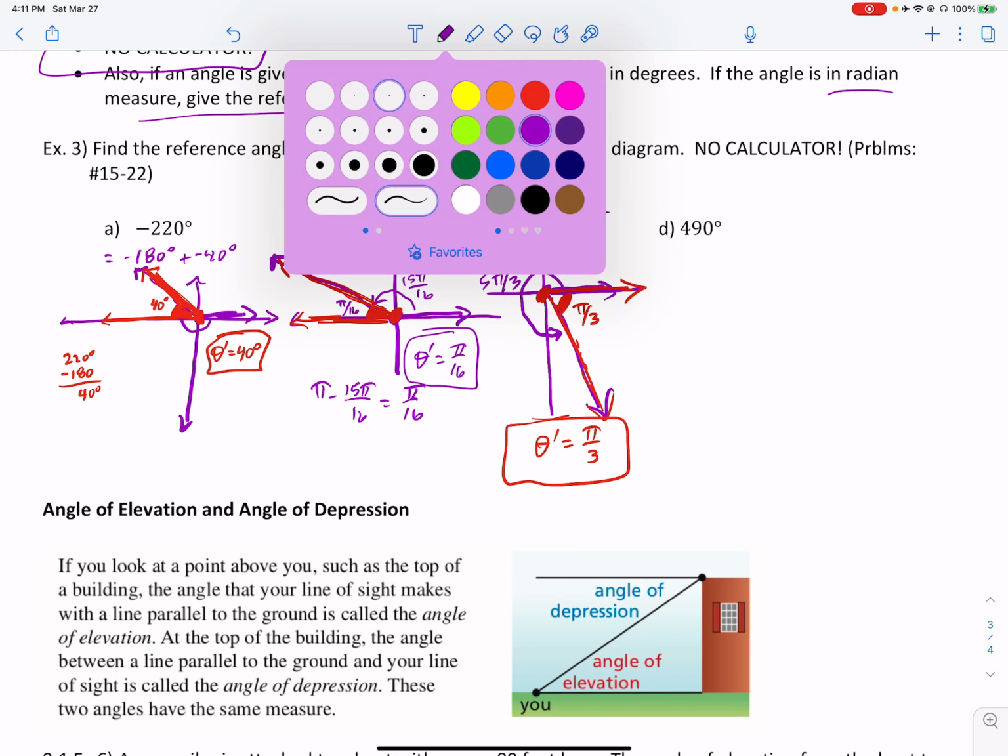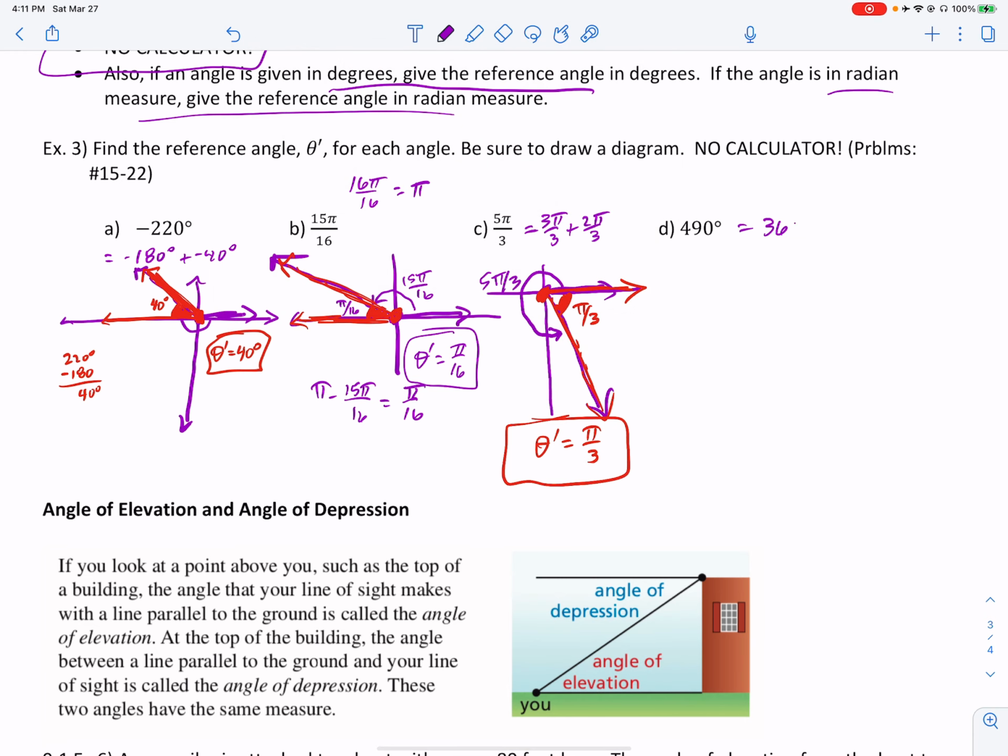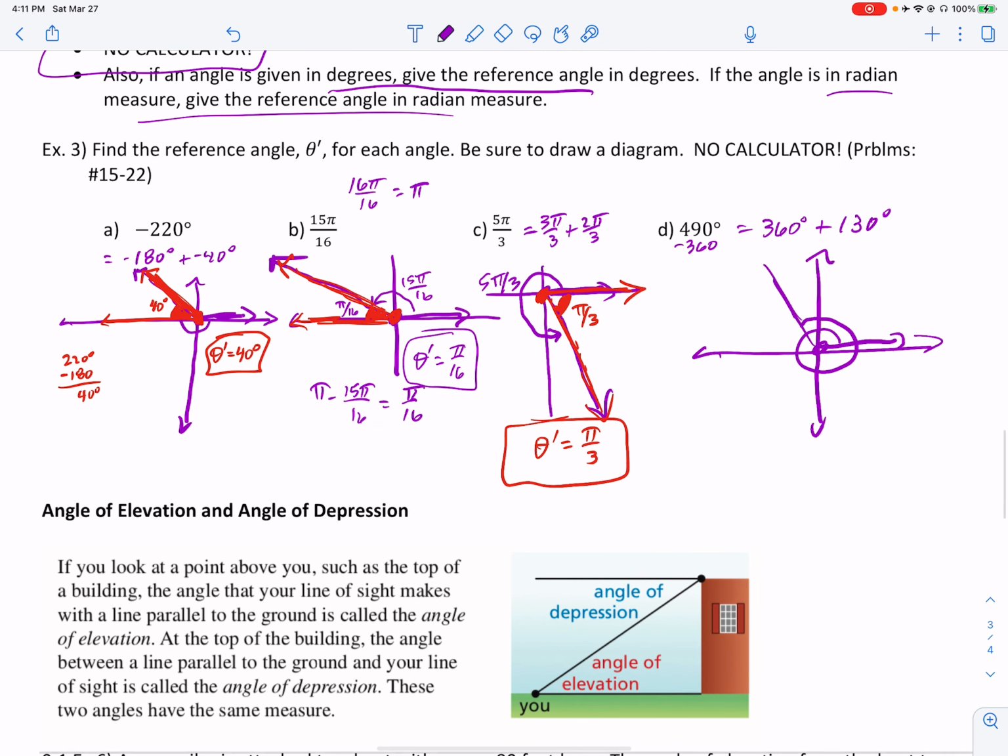Then we have 490 degrees, which I'm thinking is 360 degrees, plus, if I subtract 360 from that, I'm 130 degrees beyond a full rotation. So that's going to put me in quadrant 2. So I'm doing a full rotation and 130 degrees. It's not 135, somewhere around there. And so my reference angle